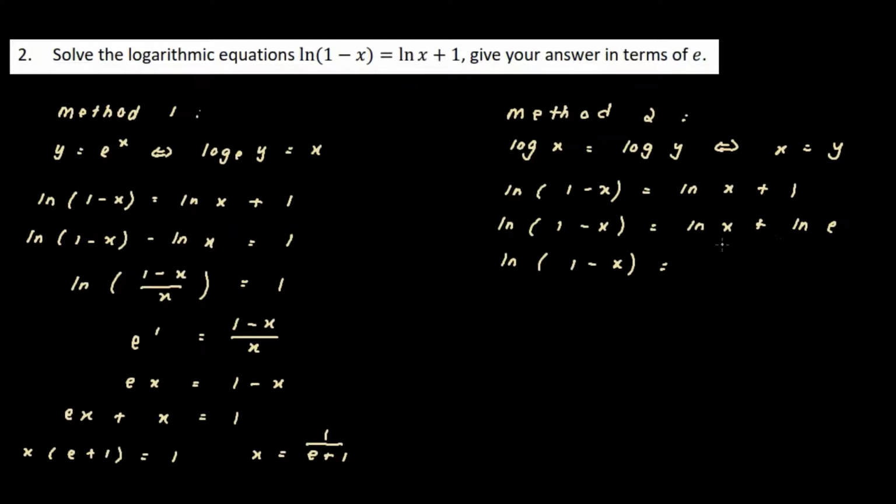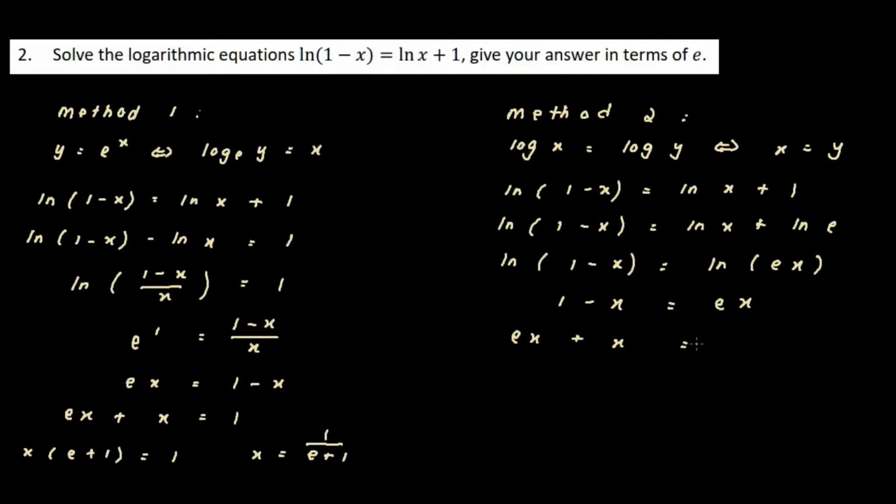So how can you combine them? So this is multiplication, right? So ex. So I have both sides in log already. So that's why I can always say that 1 minus x equals ex. So since I want to find x, the same thing I will do as the previous questions here, equals to,